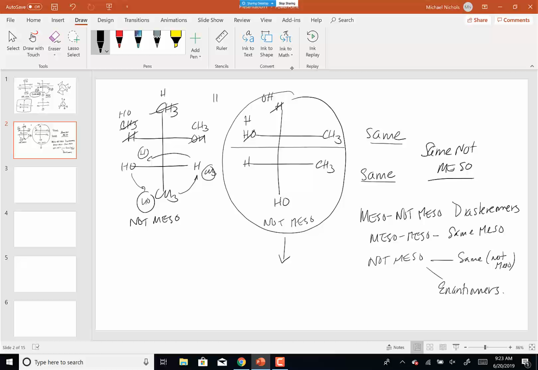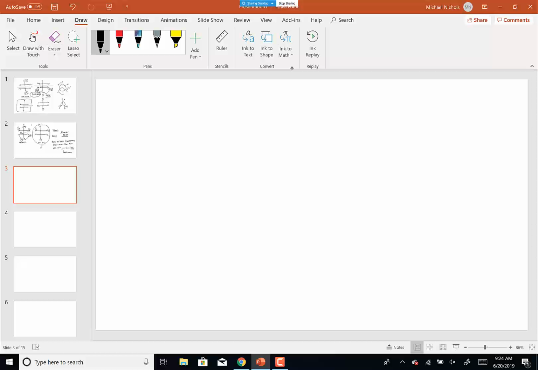And the same thing would be true for the Newman projections. Front 3 groups, same as the back 3 groups, gotta check that they're both meso or not meso. And we didn't do a pair of Newman projections, did we? I don't think so. So if you're looking at Newman projections,